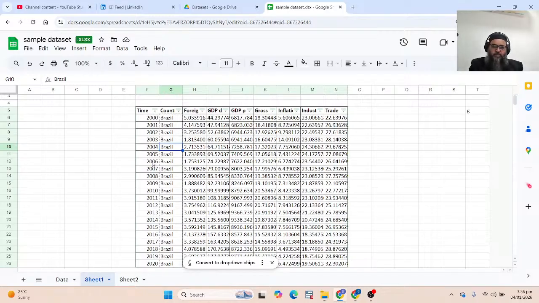These types of information are qualitative data. Almost all of this data is quantitative data other than the country name. Country name is qualitative data.